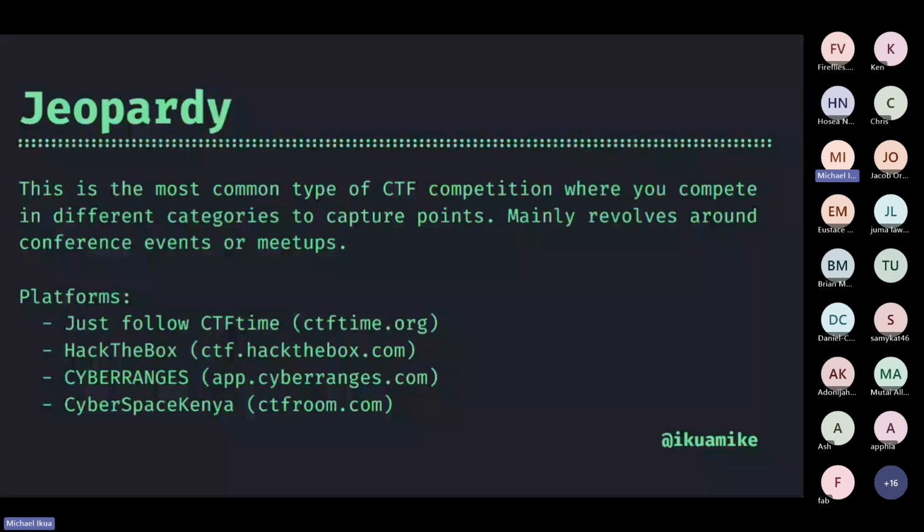So what are the benefits of writing the CTF write-up? One thing, especially for me, very keen on this one, is I'm writing notes for my future self, because as you progress in life, some things you forget, and there's no need of you spending 6-7 hours on a certain challenge. You solve it, but 2 weeks down the line, you don't remember how you went about it. And of course, forgetting is in human nature.